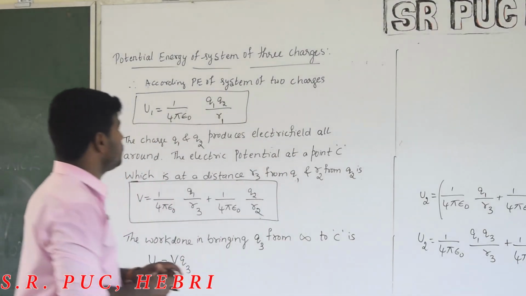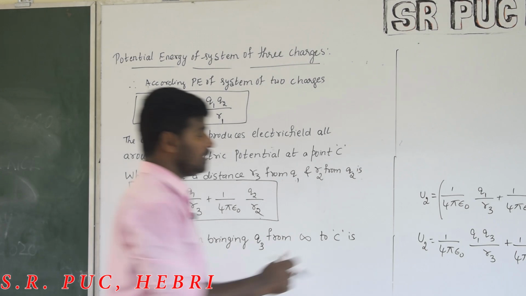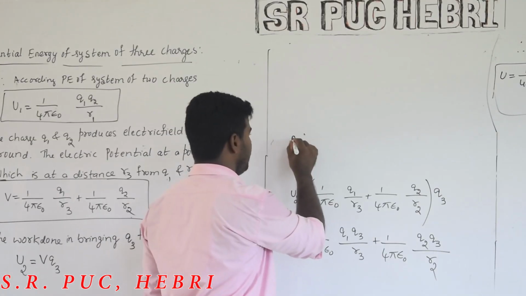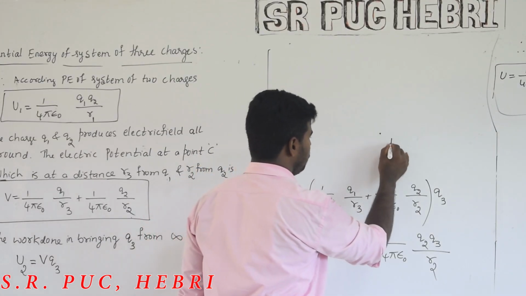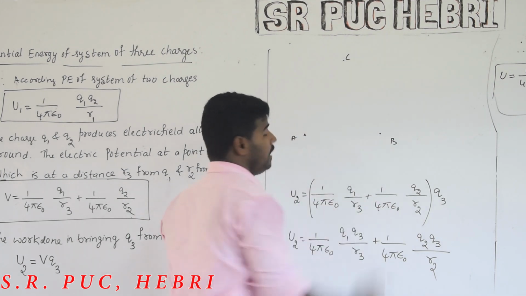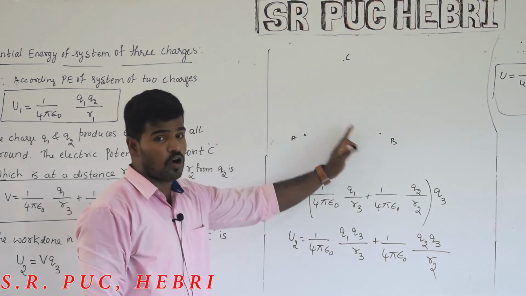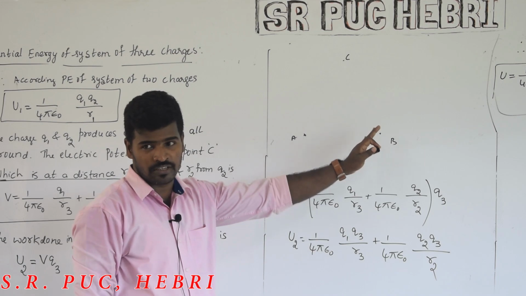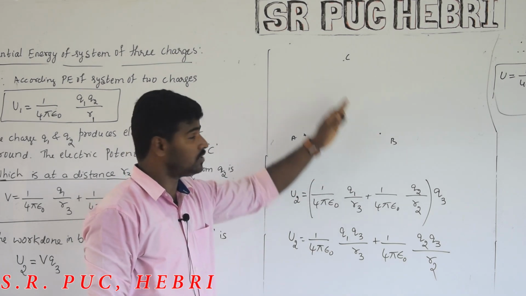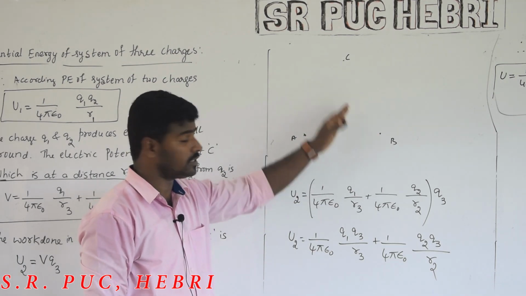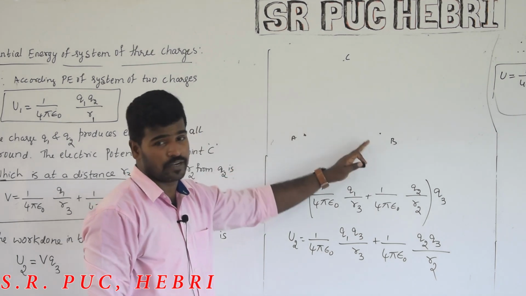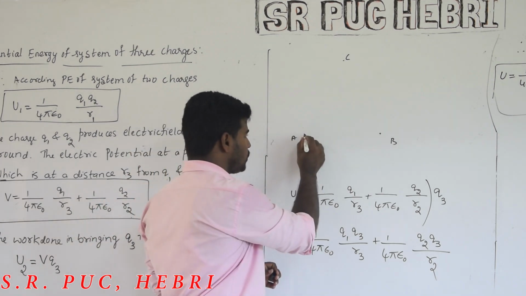Yes, potential energy of a system of three charges. Consider 3 points, point A, point B and point C. Initial potential is equal to 0. All the 3 points have initial potential equal to 0, since there is no charge carrier or isolated point charge, so there is no electric field also. Now, the charge Q1